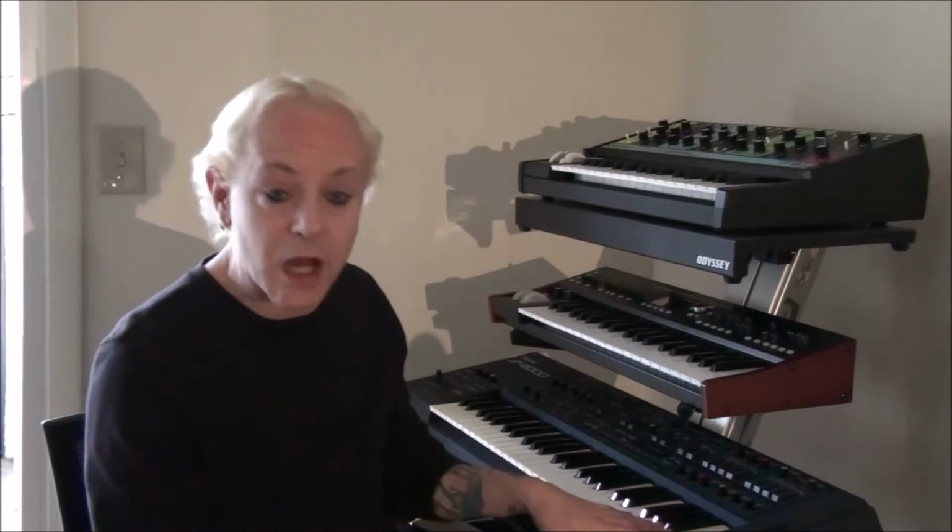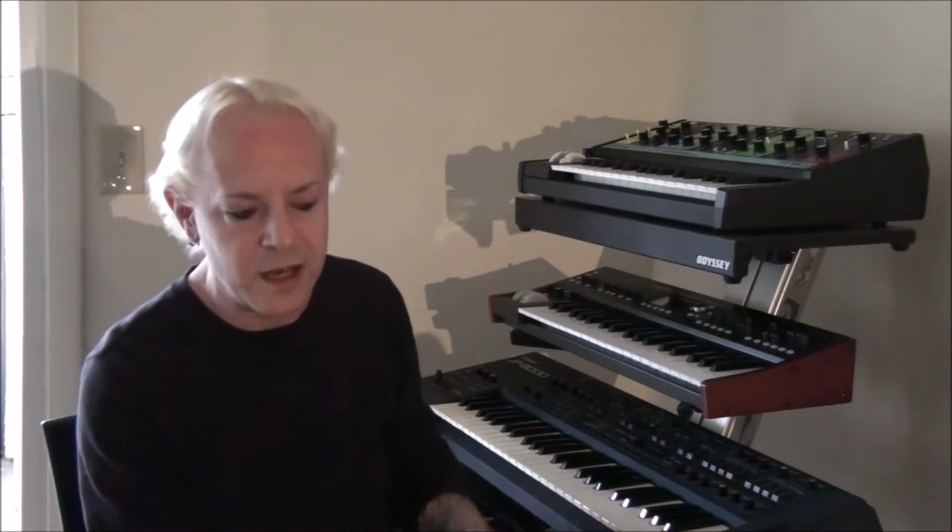There's a couple of capacitors that need to be changed out, and from what I heard there's like 26 capacitors on that same board that you might as well just take them all out and replace them anyways at the same time, turning your JP8000 into a perfectly good sounding working synth, a perfect synth to use for the next 30 years. So I'm going to hold on to this because I plan on having its audio repaired